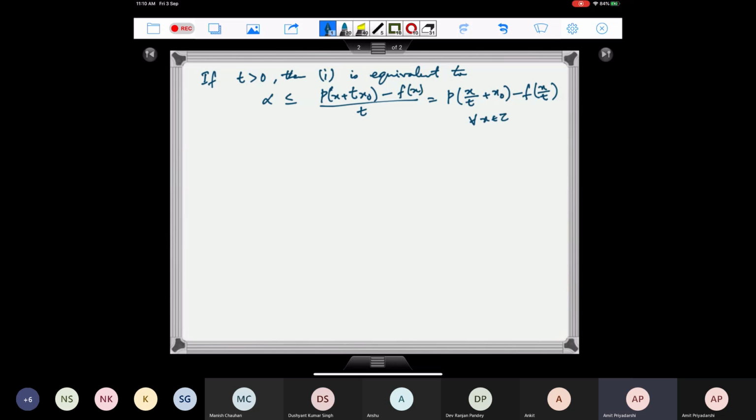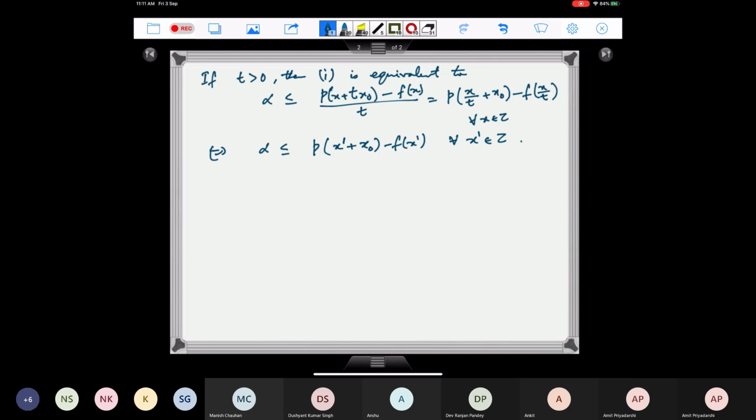So this is equivalent to alpha is less than or equal to p of x prime plus x naught minus f of x prime, for all x prime in Z. So if t is positive, then we get alpha to be less than or equal to this, because